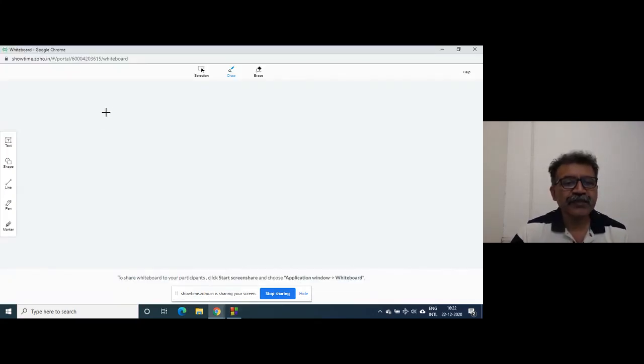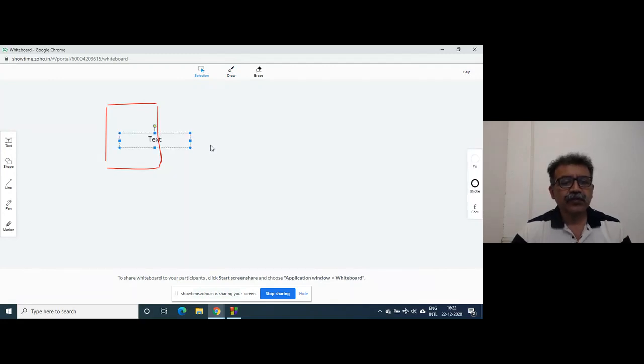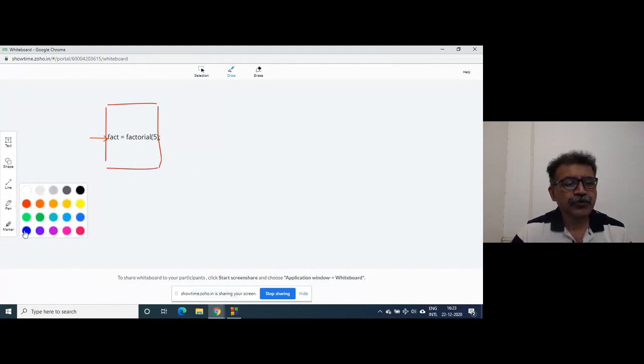So this is the main function. Inside the main function, you call the function as fact is equal to factorial. Suppose we send the argument as 5, right? Now this is a function call. When this statement is executed, control moves to the function definition.